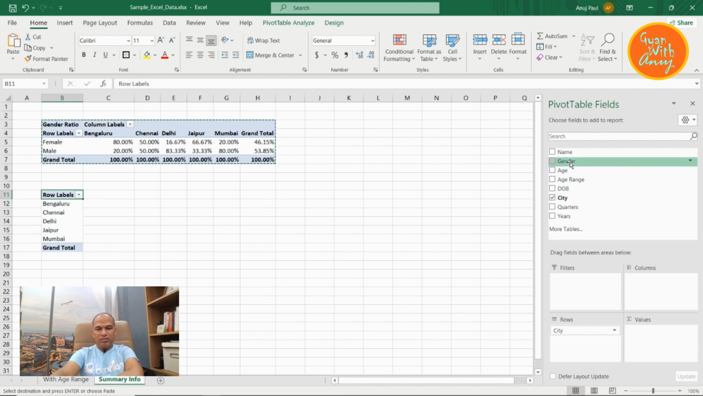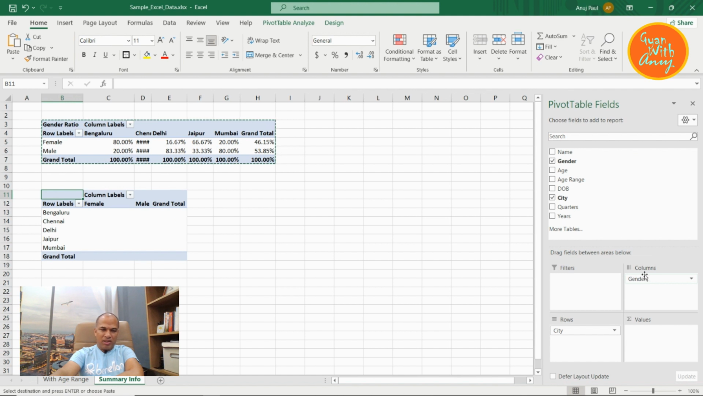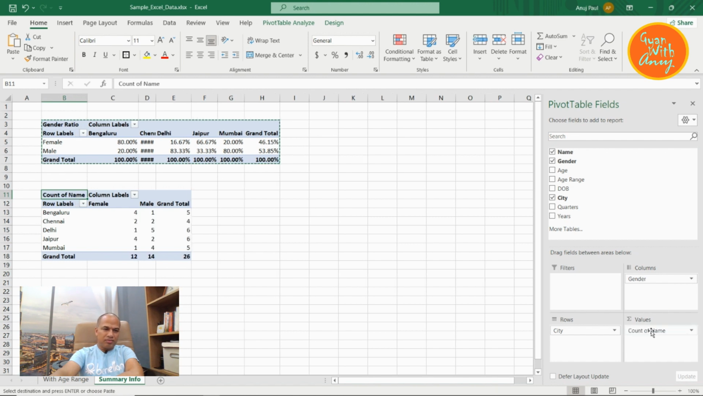And we want to look at the distribution of the gender, the male and female. So we added male and female here, and we use the name column to get the count. So it gave us the count. So as you see, it is now showing out of the total 12 female how they are distributed across cities, and out of 14 how they're distributed across the cities. But this is the count. So again, we want